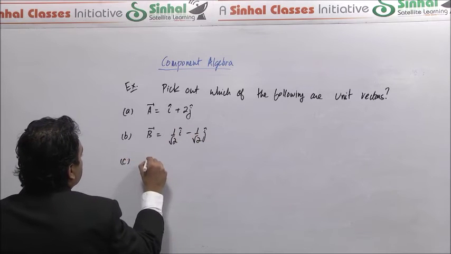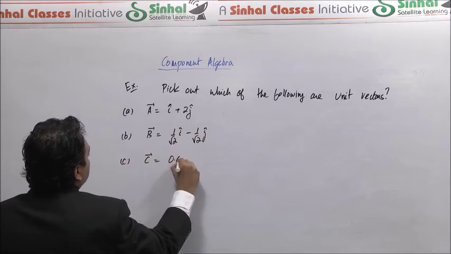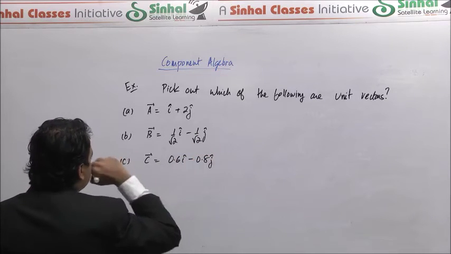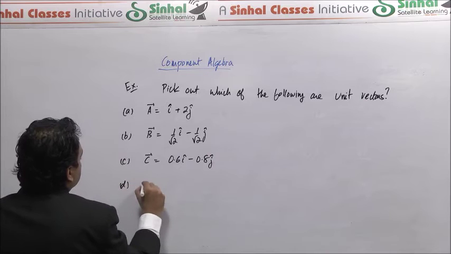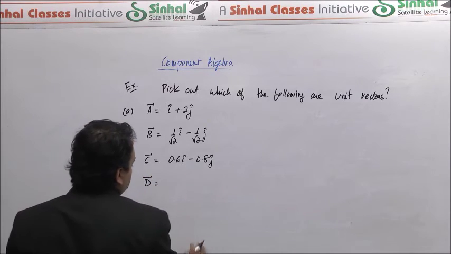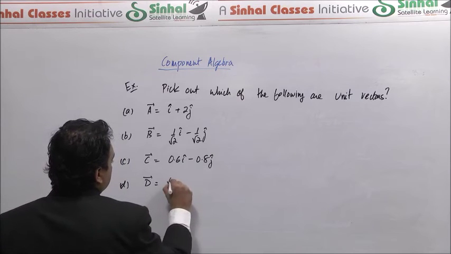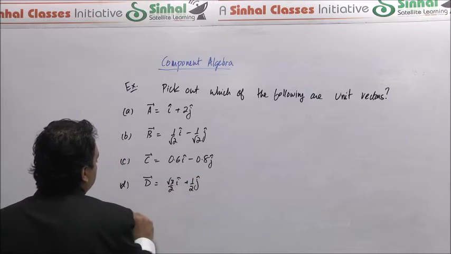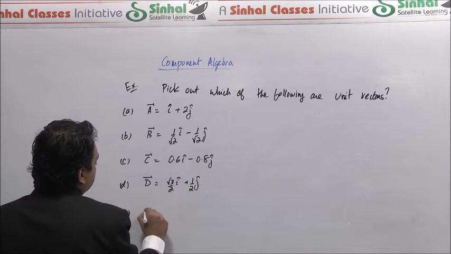The third is 0.6 i cap minus 0.8 j cap. The fourth is root 3 by 2 i cap plus 1 by 2 j cap. And the last example given to us is